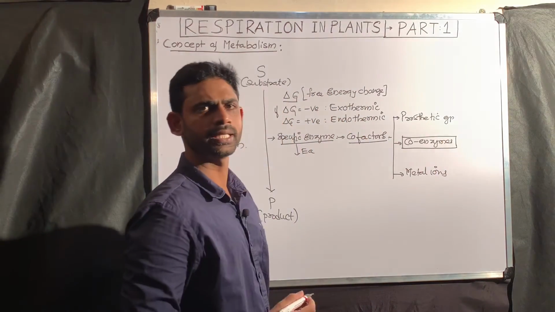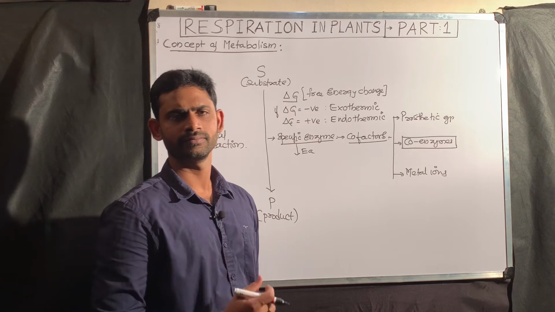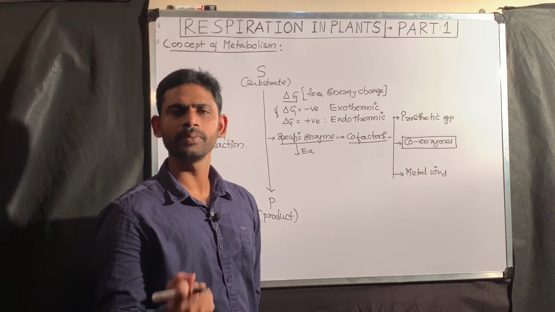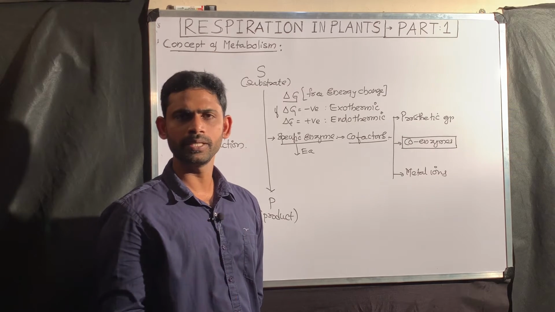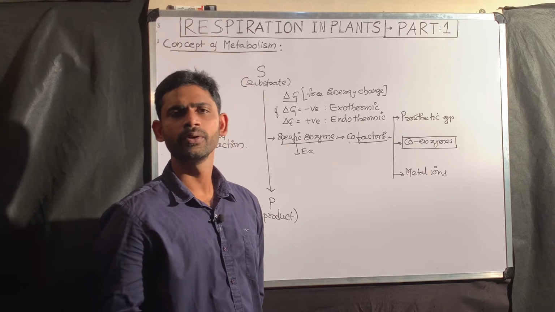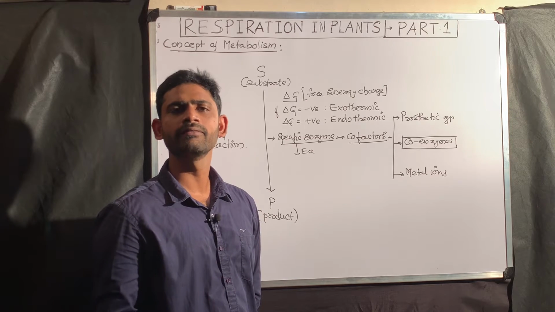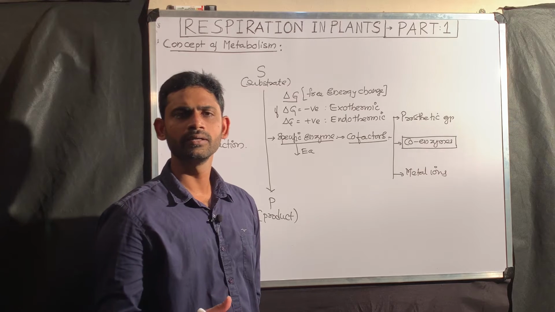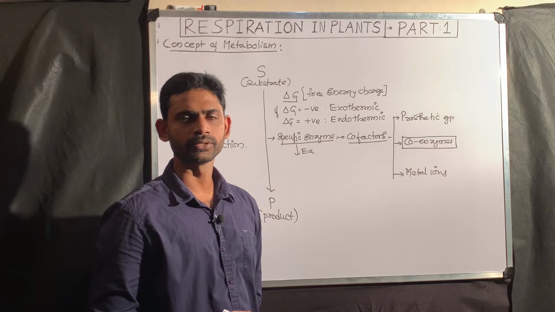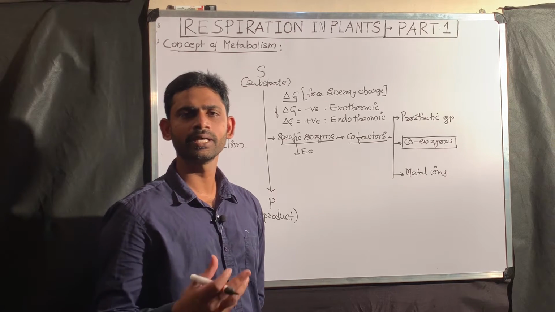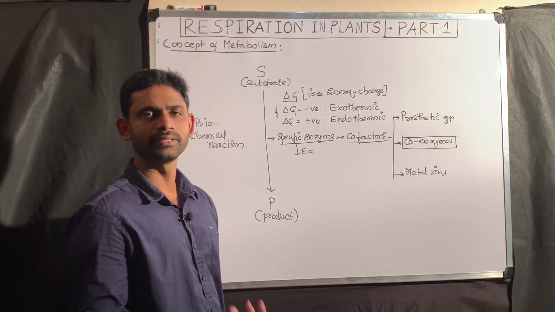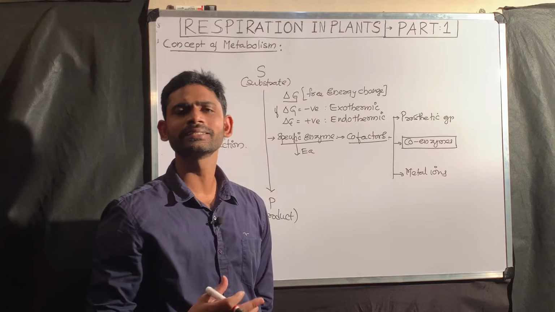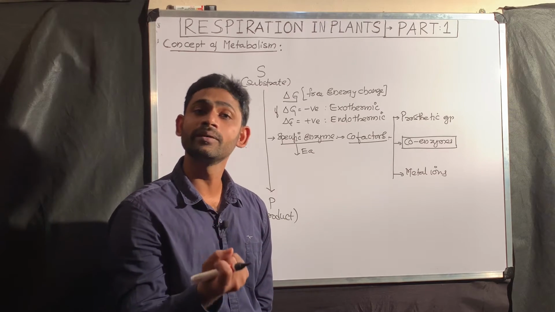What are the coenzymes? For example, FAD, NAD or NADP, FMN, TPP, thiamine pyrophosphate. We know TPP is derived from vitamin B1. FAD is synthesized from riboflavin, that is vitamin B2. NAD is synthesized from niacin, that is vitamin B3. As we know, many of the coenzymes are synthesized from vitamins.